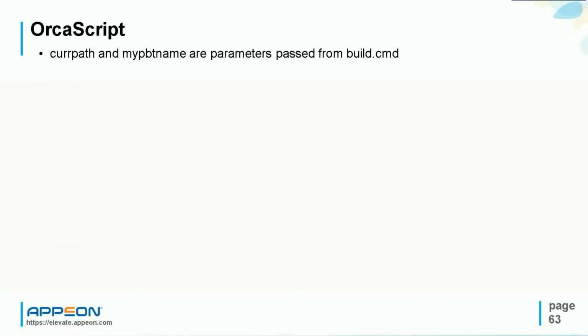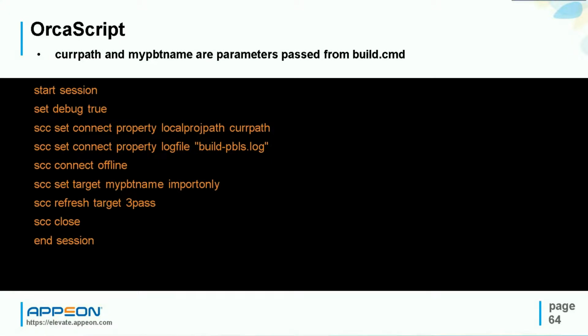Okay, now we're going to work on the Orca script. In this Orca script, I'm using the -d parameter twice to pass two different variant parameters. One is the current path, and one is the name of the target file, the PowerBuilder target file. So here's the Orca script. Basically, we're not connecting to source control here, because before this Orca script runs, the pipeline is going to get the source from